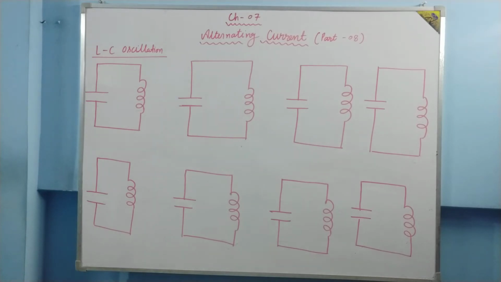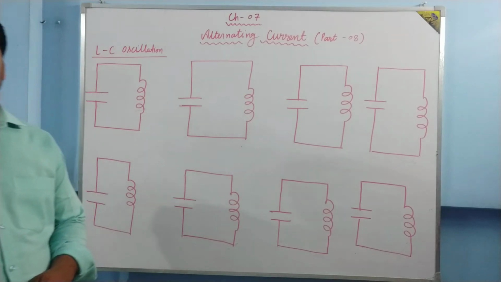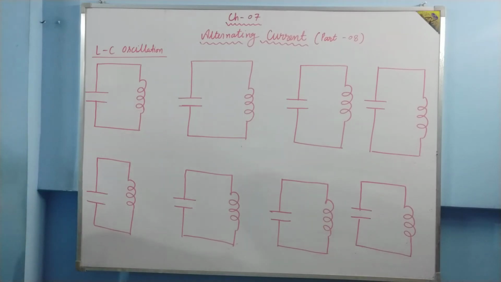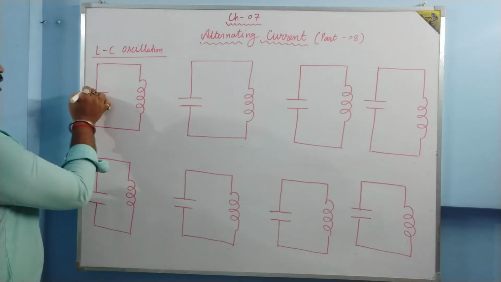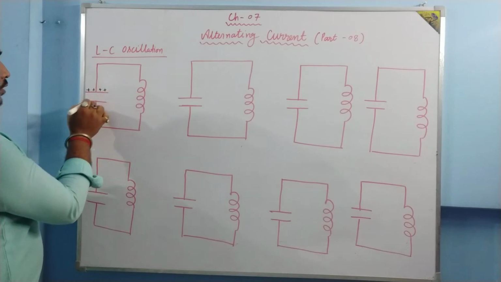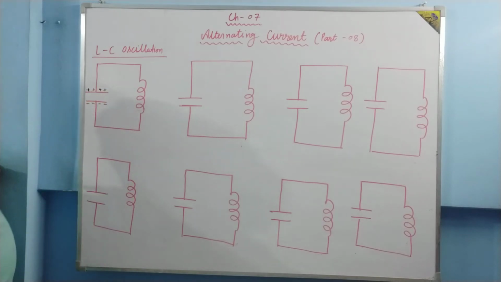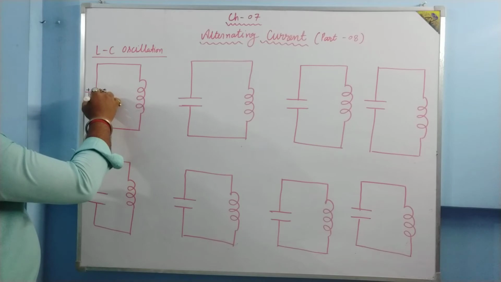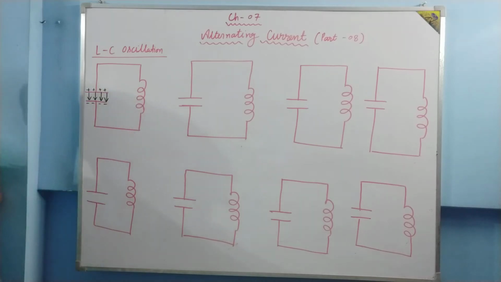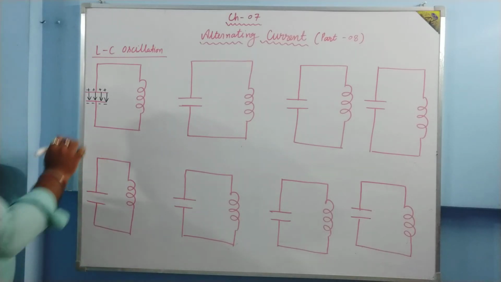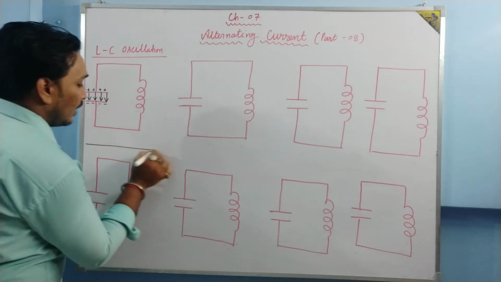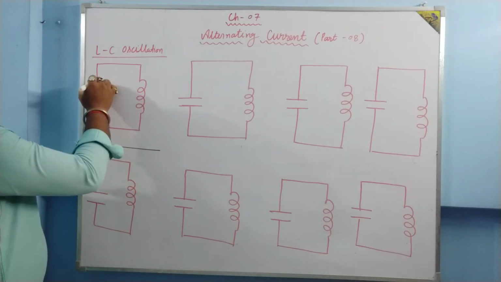Let me make the circuits, then you'll be able to understand. So let us start understanding what LC oscillation is. I have made 8 circuits, but I have not made the charge or the current yet. I'll make them eventually. Initially, let the capacitor be charged. Let the positive charge be on the upper plate and the negative charge on the lower plate. The direction of the electric field inside the capacitor is from positive to negative. If you switch on right now, there is no current in the circuit. This is the initial state. The capacitor has Q naught charge, the maximum charge.